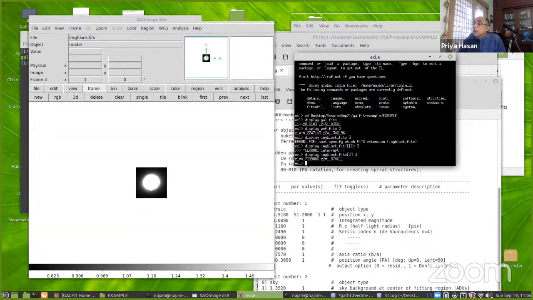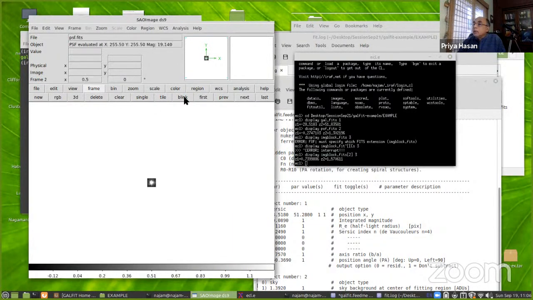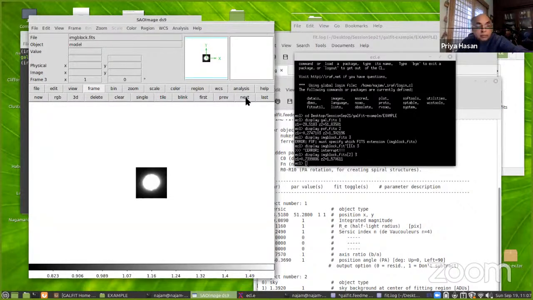Okay, so this is the thing which it has found. Okay, so I can make them blink. Yeah, so a single one I can see. So this is the image. And this is the